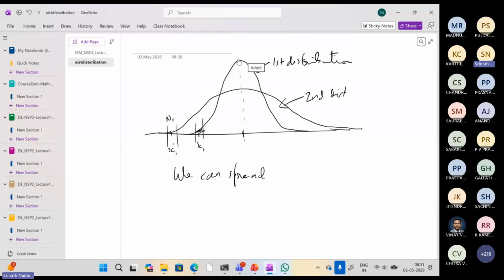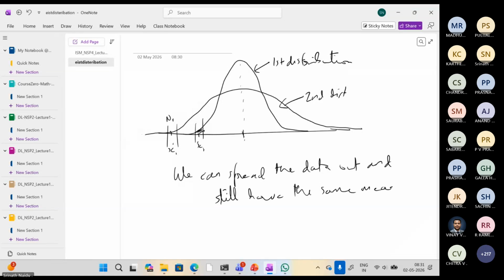Okay, we can spread the data out, right? And still have the same mean. That was the phenomenon. So the thing is, we need at least one more number to characterize a distribution. Something about spread should be there as part of the description that we are using to describe this bunch of numbers. Otherwise,